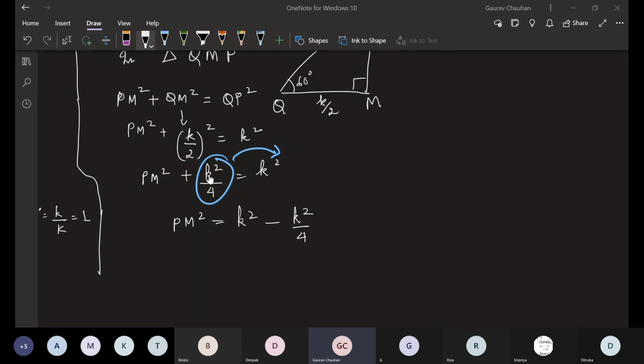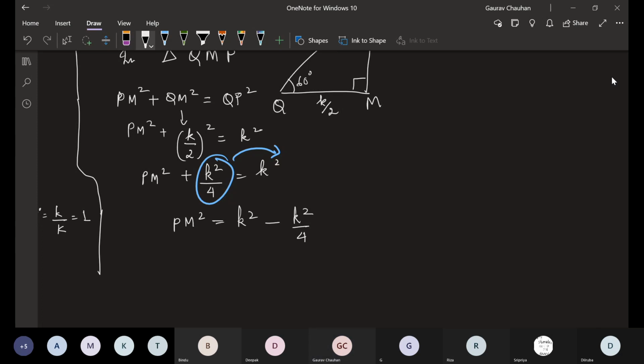Everyone following so far? Any questions here? Please raise your hands only if you have a question in any of these steps. MG and Riza, if there is no question, lower your hands. I took k square by 4 fully to the other side. It was having a plus sign here. It became a minus sign there. Or you can think of it as I did minus k square by 4 on both sides. Whichever way you like to think of linear equations. Okay. So finally, I'm here.